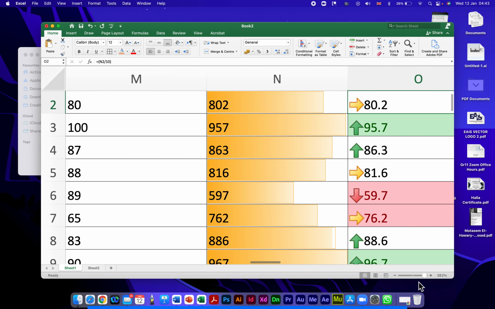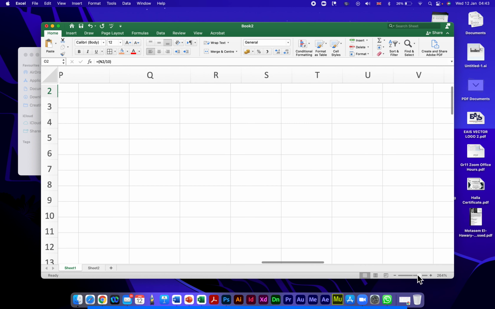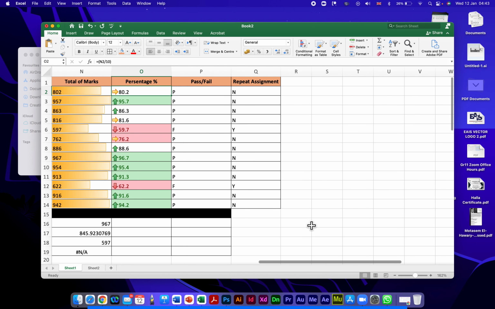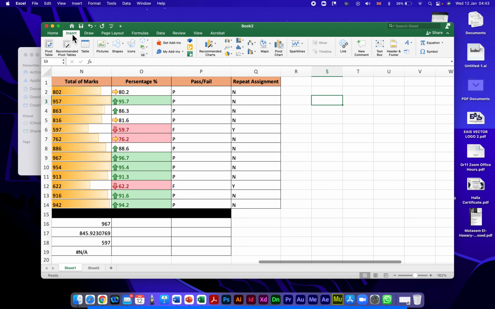Alright, so this is the last part of inserting images. Let me zoom out a little bit. We're trying to find out how to insert an image. I can go over any of those cells, go to Insert, and you will find Images here. On the drop-down menu, you're going to find Photo Browser, and this is where we can get pictures from our computers,